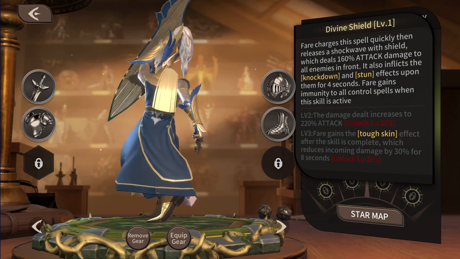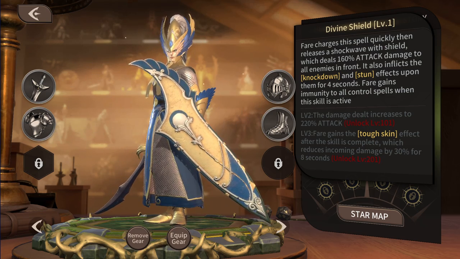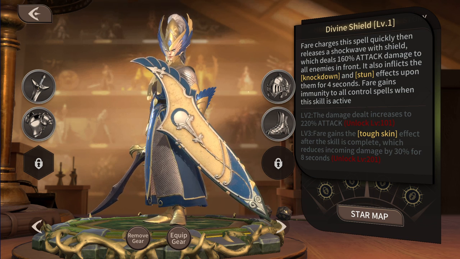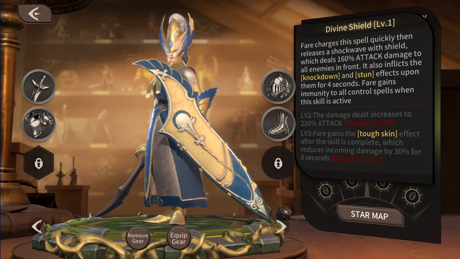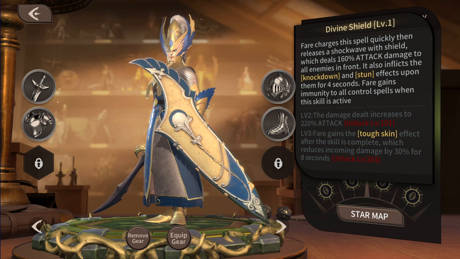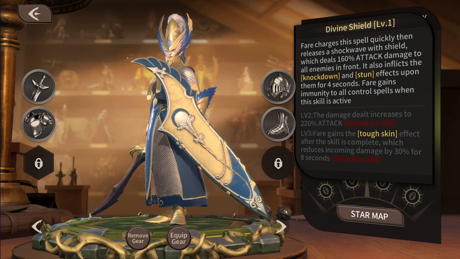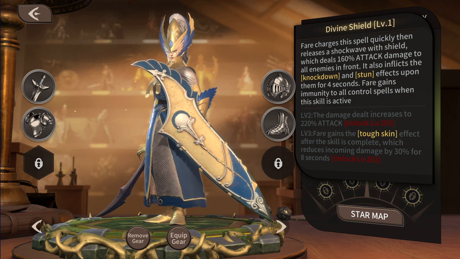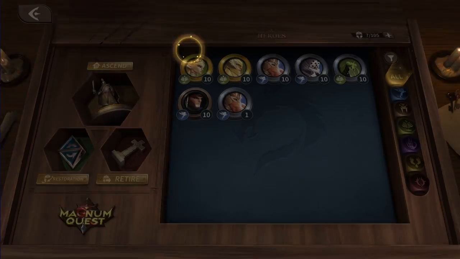All right, let's see. He charges this spell quickly, then releases a shockwave with the shield, which does 160 attack damage to all enemies in the front. It also inflicts the knockdown and stun effects for 4 seconds. He gains immunity to all control spells when this skill is active. Ooh, that's actually pretty darn good, especially for a tank in the front who's got a gold tier healer in the back, right? Did she have...